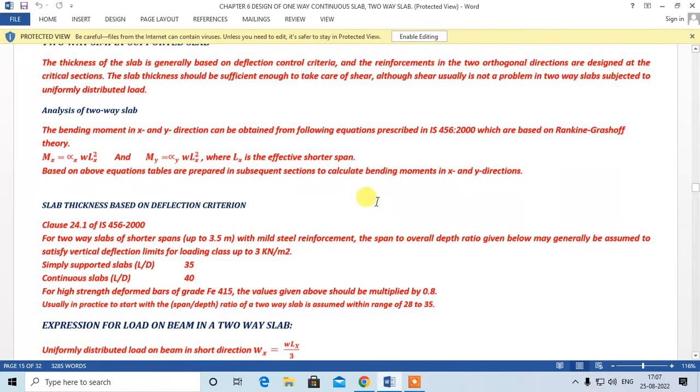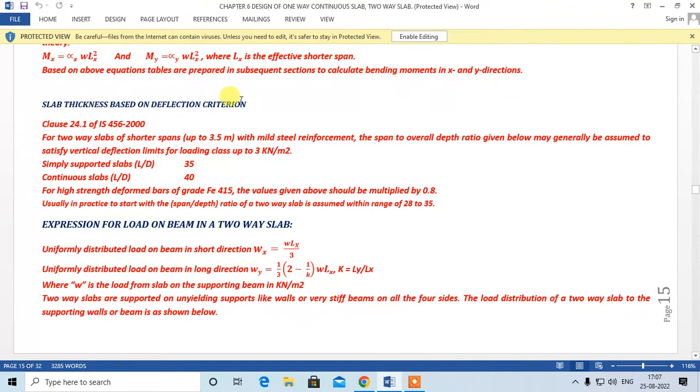Based on the above equations, tables are prepared in a subsequent section to calculate the bending moments in x and y directions. Slab thickness based on deflection criteria. The code has given some criteria through which you can start with an assumption of effective depth. For a two-way slab of shorter span up to 3.5 meters with mild reinforcement, the span to overall depth ratio, that is L by D,